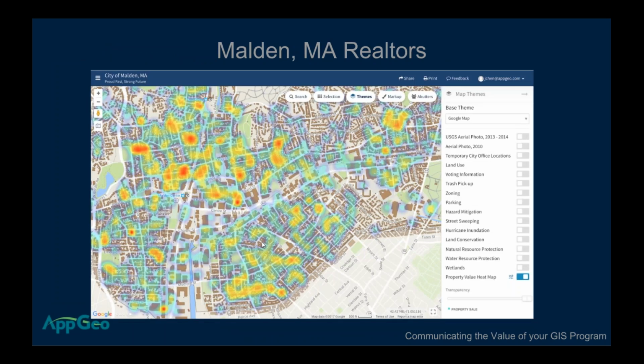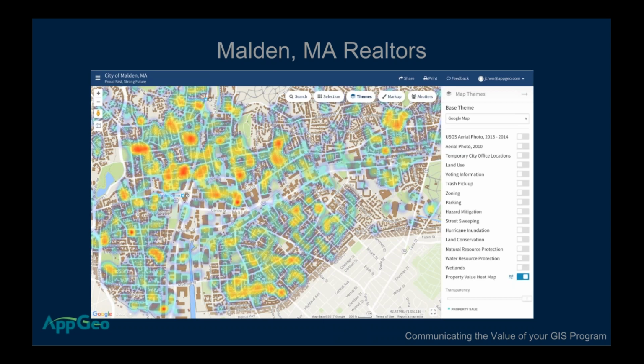And then we've worked closely with the city of Malden, and Jess is going to tell us a little bit more about a very interesting heat map that we worked on very closely with a client, Steve Fama. So I'll let Jess talk a little bit about this effort. Thanks, David. Hey, Steve, I think you're on the line. This example is a great example of how assessing data and using MapGeo to display your data is not just useful to internal workflows, but also to local businesses, such as Realtors.